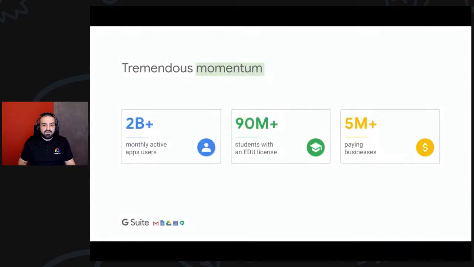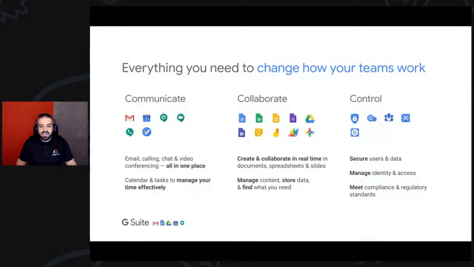So we've seen tremendous momentum, where 2 billion plus monthly active users, 90 million plus students as part of education, and more than 5 million paying organizations that utilize G Suite today. So I want to go back to this slide,